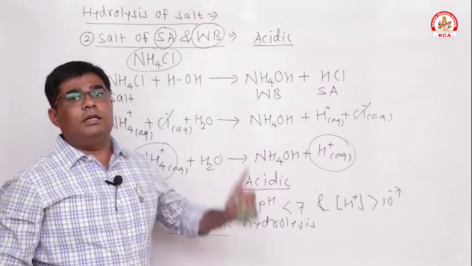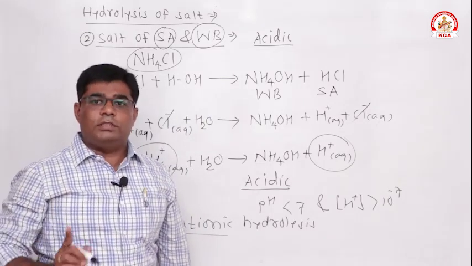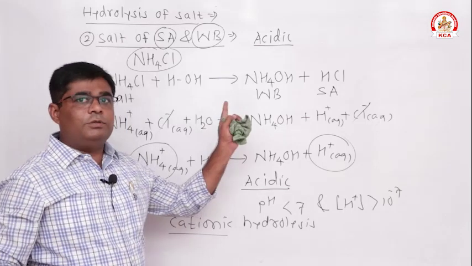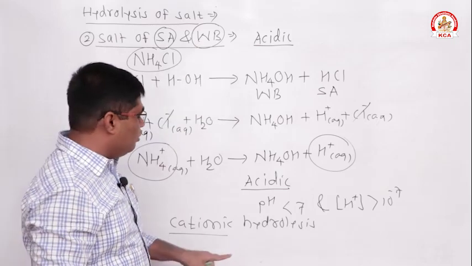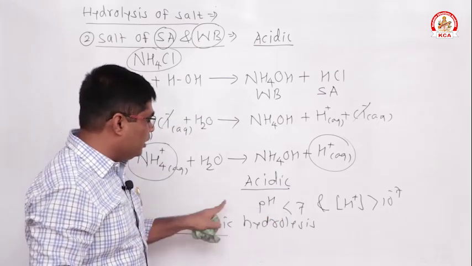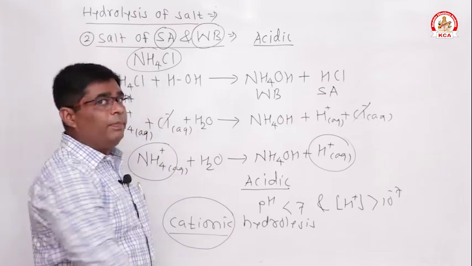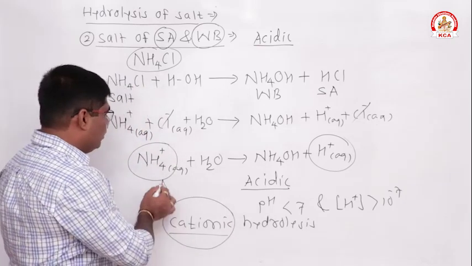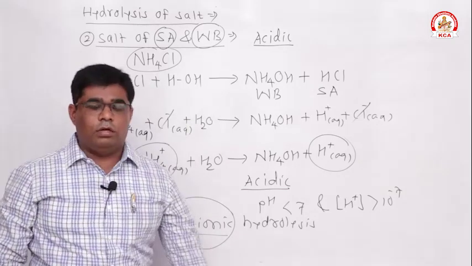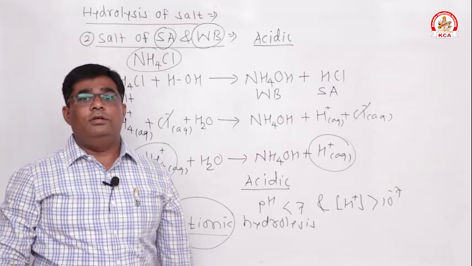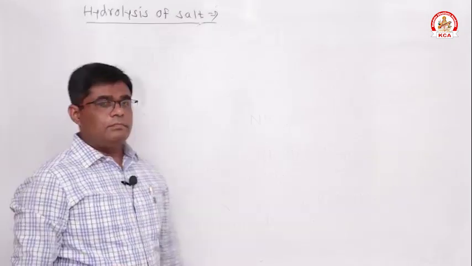Here we complete the second type of salt. First type of salt of strong acid and strong base not undergoes hydrolysis. Second type of salt of strong acid and weak base undergoes hydrolysis. pH is less than 7, nature of solution is acidic, and this type of hydrolysis is known as the cationic hydrolysis, because what is there? Cation is there. So here we see the second type of salt of strong acid and weak base. Now third